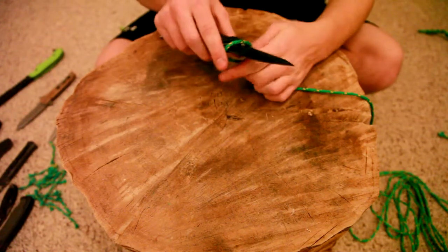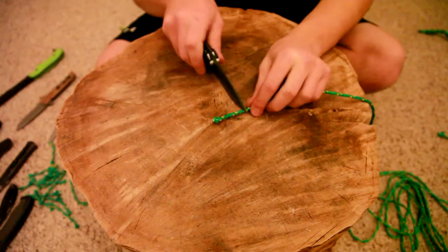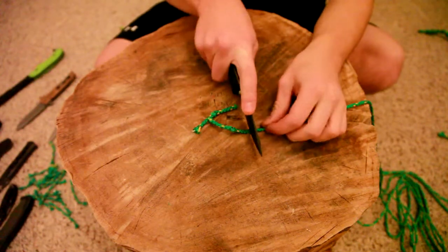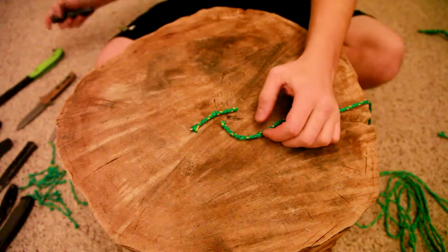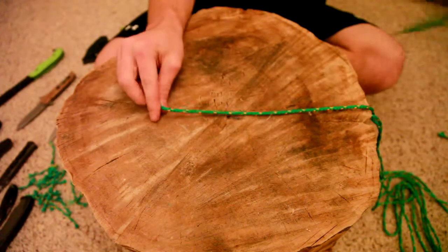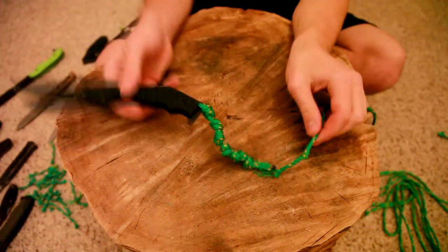I think that's where you're going to get your best cutting performance in any type of material, whether it's a finicky material like paper or a fibrous material like cord. I think learning to maintain your edges on whatever sharpening system that you get, and keeping them sharp, and then just having a good edge geometry, that's where you're going to get a lot of your power. And I guess that's what I wanted to say in this video, as well as showing off some lanyards